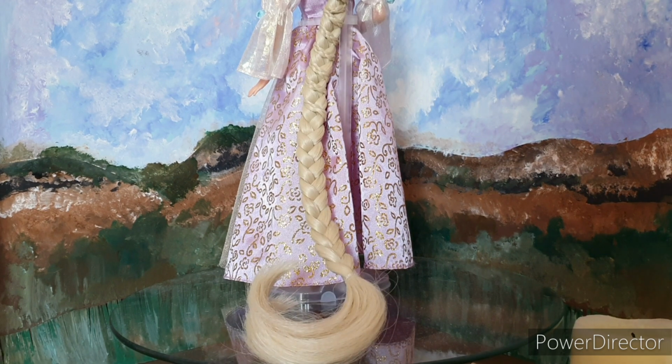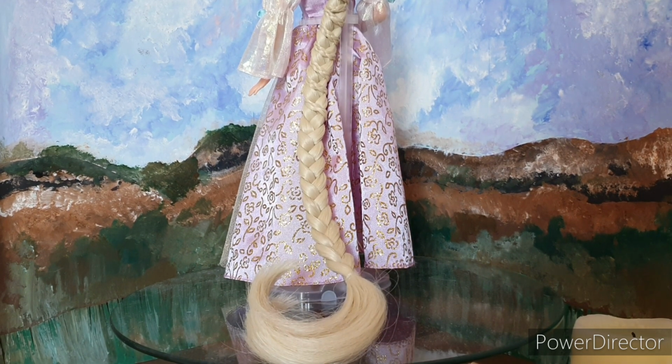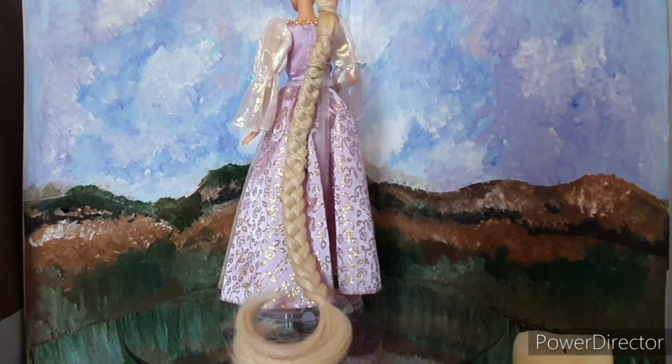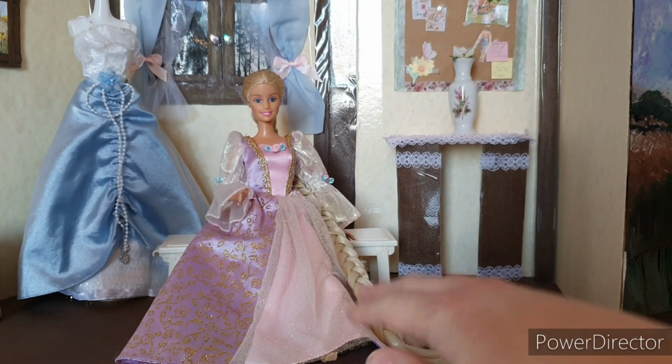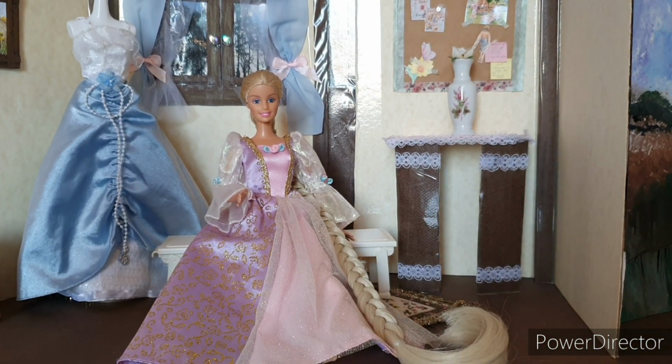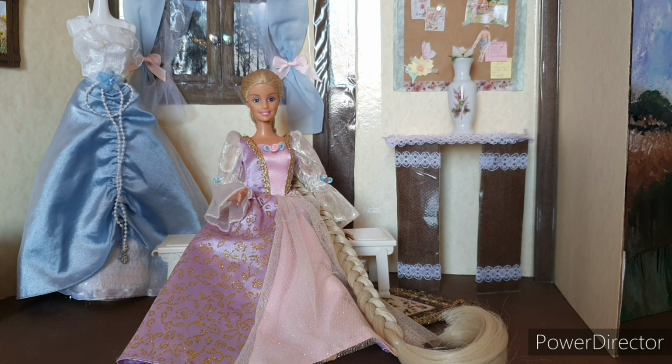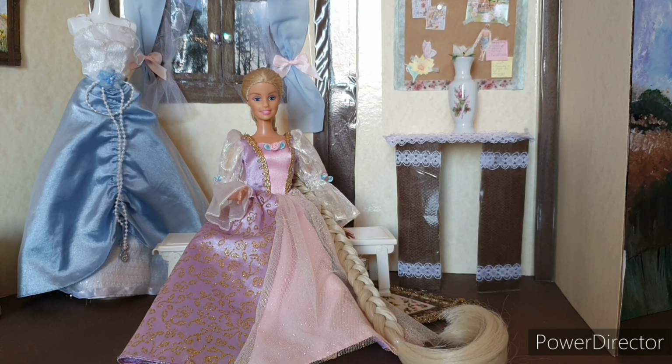She's one of my dream dolls literally come to life. Like, she looks just so good. I love her to pieces. So here she is, just sitting here. She's just so cute. I'm so in love with her. And I love the original Rapunzel a lot. It's just that